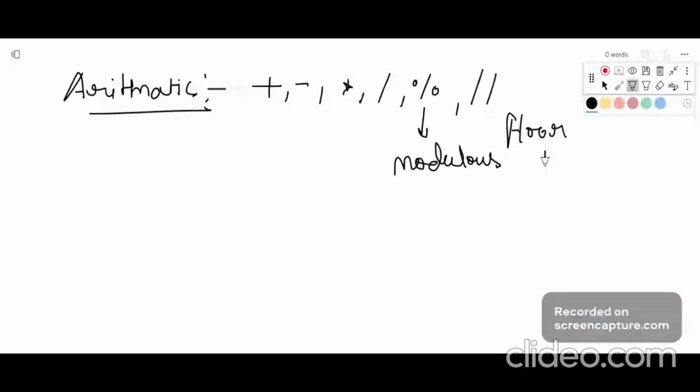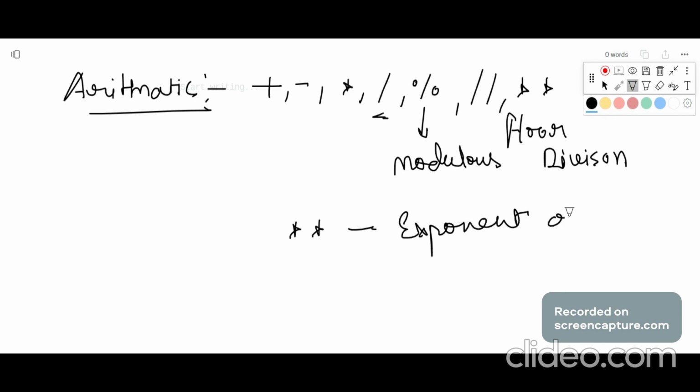Floor division is different from the division operator. And one more operator we have is called exponential, or you can say the exponent operator.